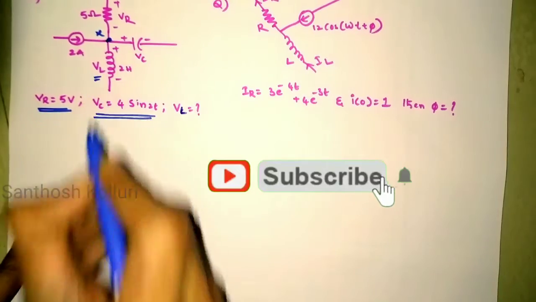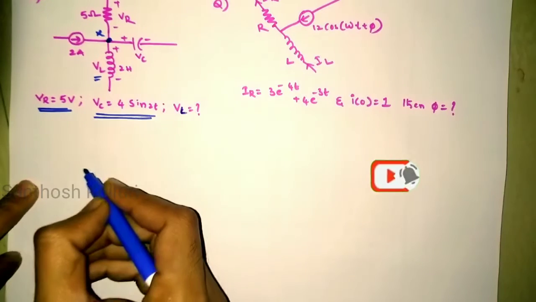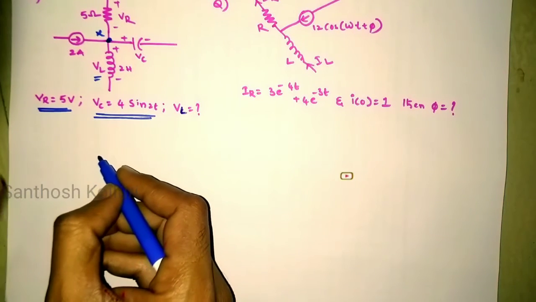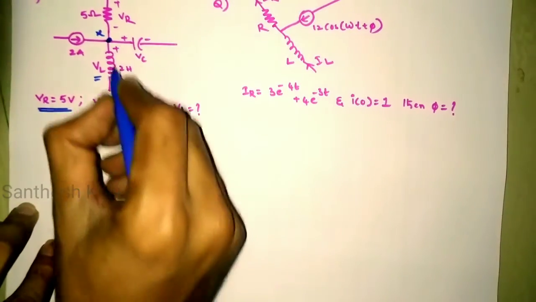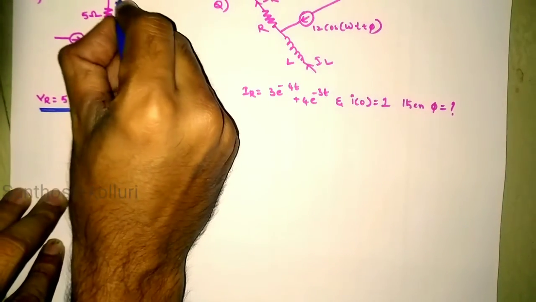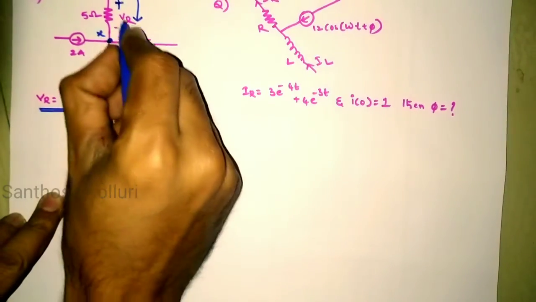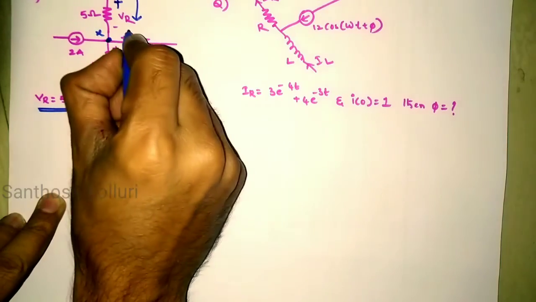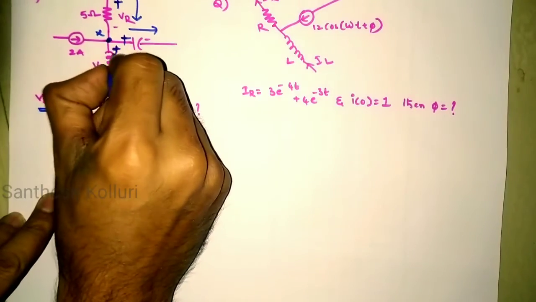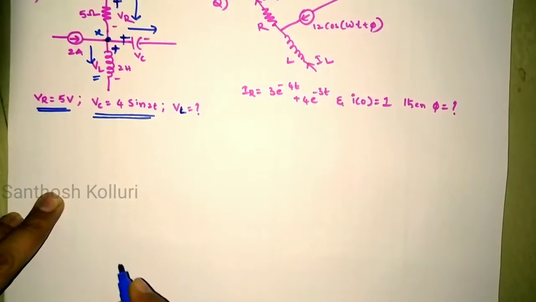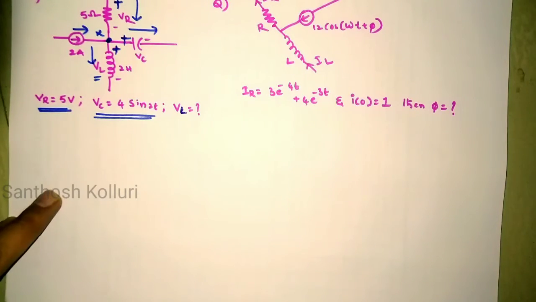So this is asking. Here it is very clear that at a particular node all the currents entering and all the currents leaving are the same. Entering currents are equal to leaving currents, and the polarity is given here. That means current is entering at a positive polarity for passive elements. So current is entering here, and here the current is leaving from the node because the positive sign is here, and here also the positive sign is here. That means current is leaving. And here the direction of the current source is given, so current is entering there.